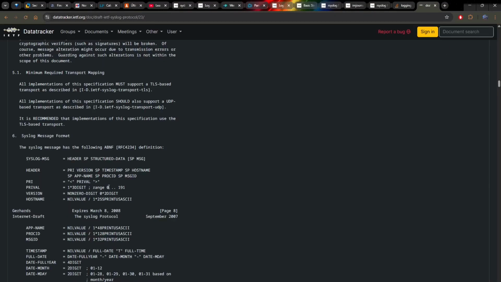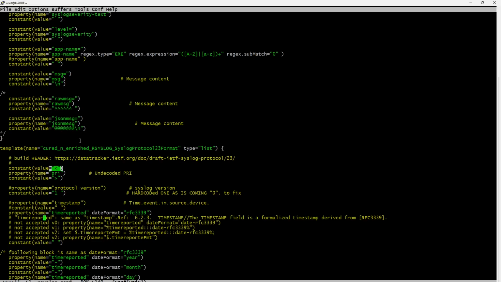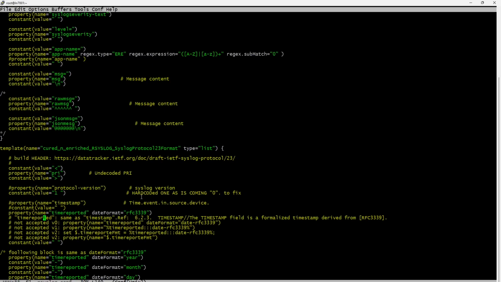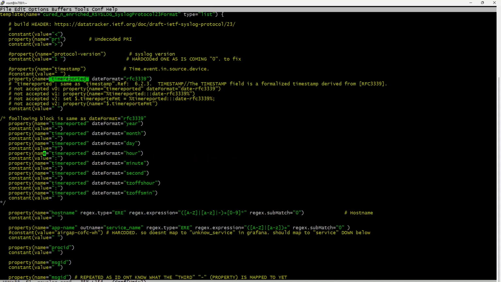Reopen. Yeah, this one. So it has a pre followed by a version, has a pre or brackets. This is all explained in the RFC in here. And this is followed by this one, then the private. Yeah, this is very well explained in here if you want to take a look, but this is how I implemented, to the best of my knowledge, those headers. So the pre, I take it through a property. This is a variable that is parsed to pre by rsyslog, put it in here. Then next is the